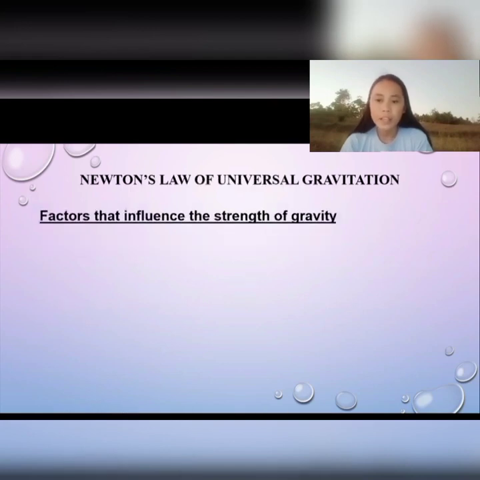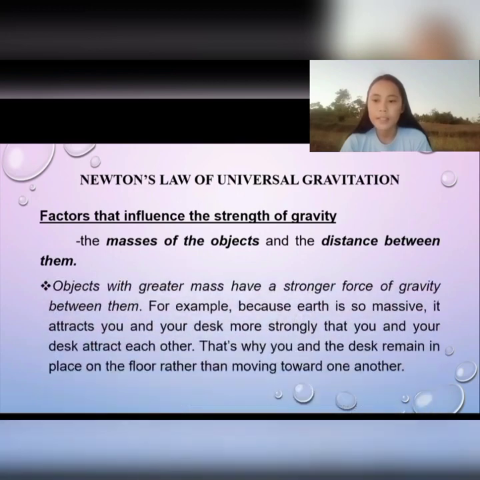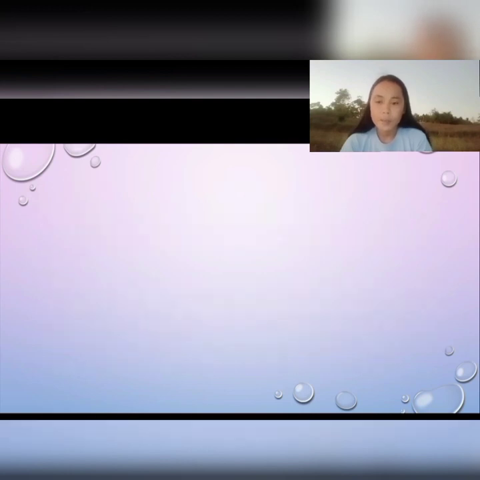There are factors that influence the strength of gravity. These are the masses of the objects and the distance between them. When we say masses of the objects, objects with greater mass have a stronger force of gravity between them. For example, because the Earth is so massive, it attracts you and your desk more strongly than you and your desk attract each other. That's why you and the desk remain in place on the floor rather than moving toward one another. And the distance between them,